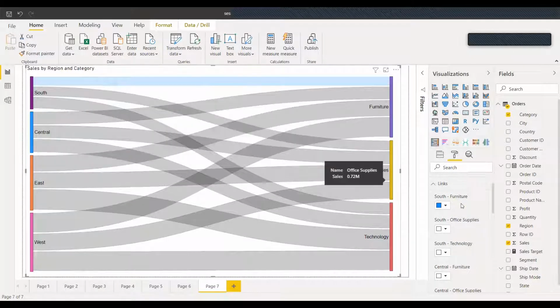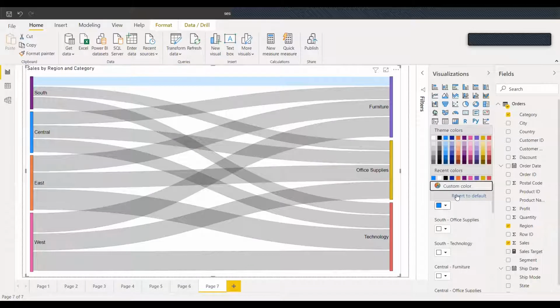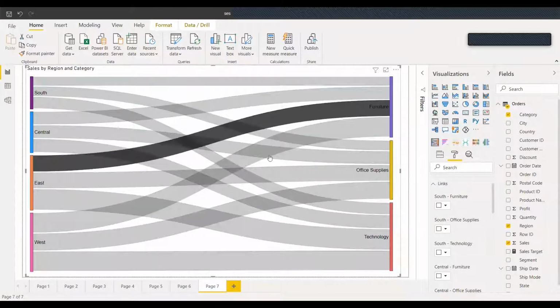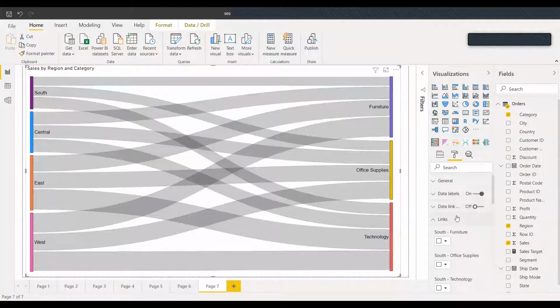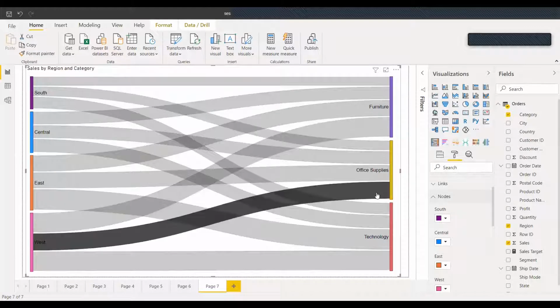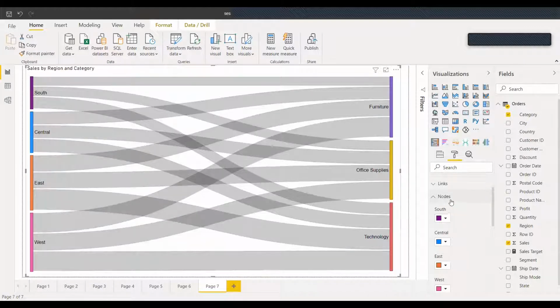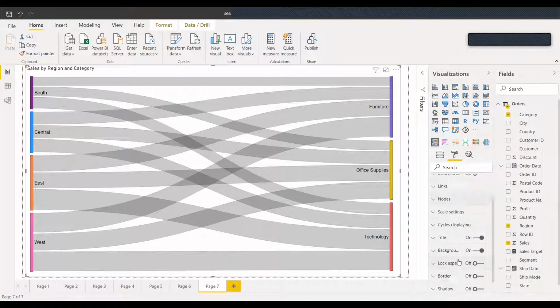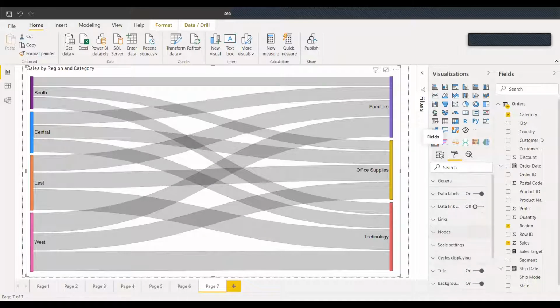If you want to define a different set of colors, you can define it, and it will implement it. Then we have nodes. Nodes are basically the starting and the ending point. You can define the colors of the node, and then the others are the normal features.